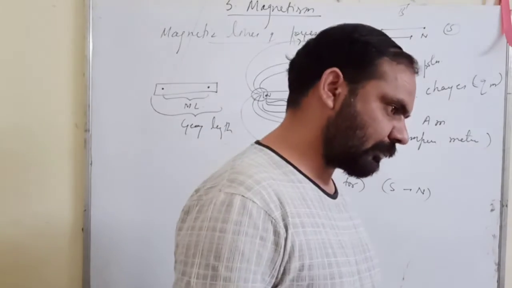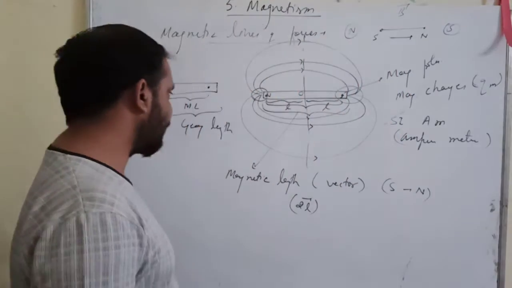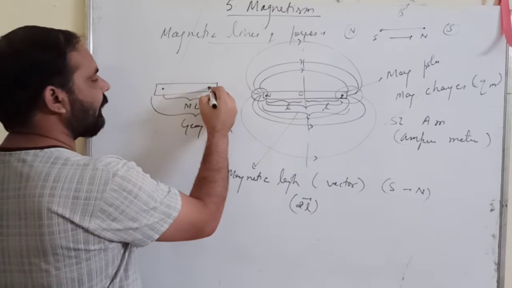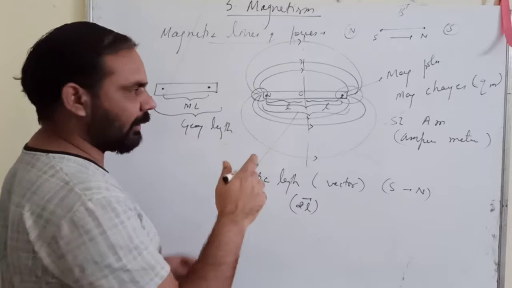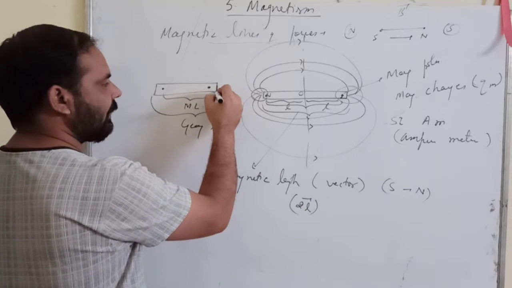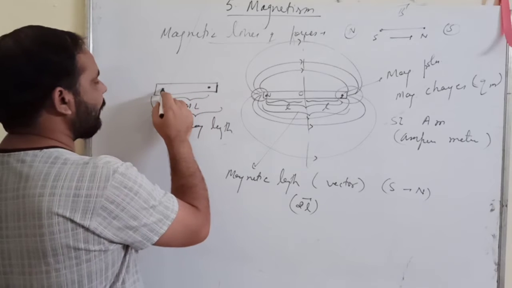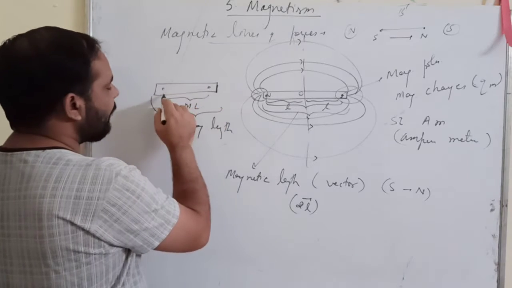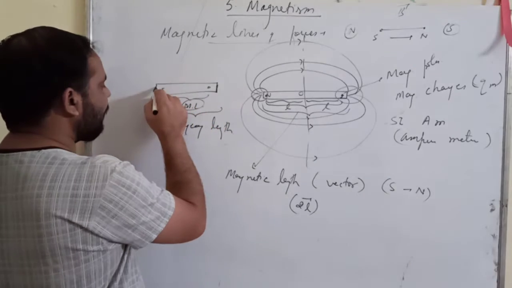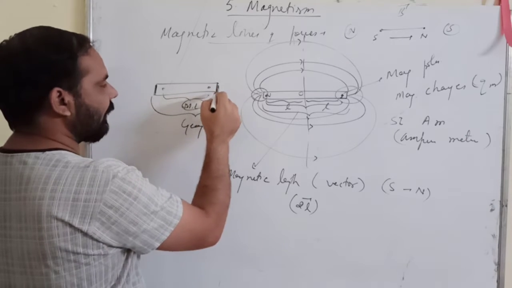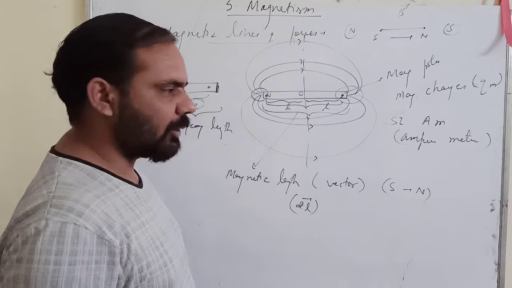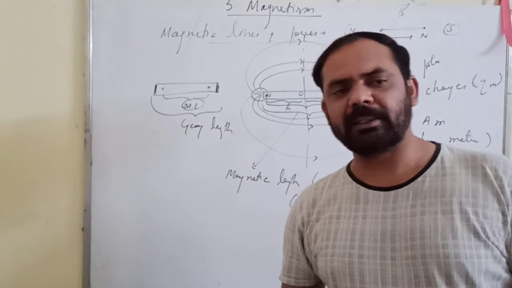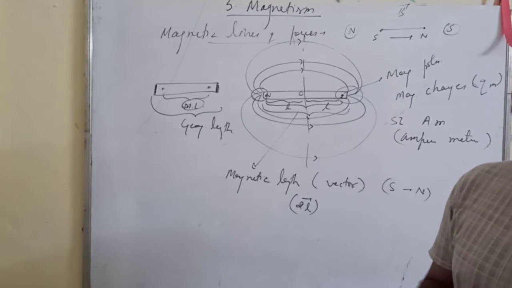Sir, can you please repeat geographical length? Geographical length, beta, is the gap between the edges. I told you that magnetic poles practically are slightly inside the magnet. They are not located at the edges of the bar magnet. They are slightly inward, inside the magnet. So the gap between these two poles is the magnetic length, and the gap between the two edges, the ends of the magnet, is called the geographical length. So you can see that the magnetic length is always less than the geographical length.